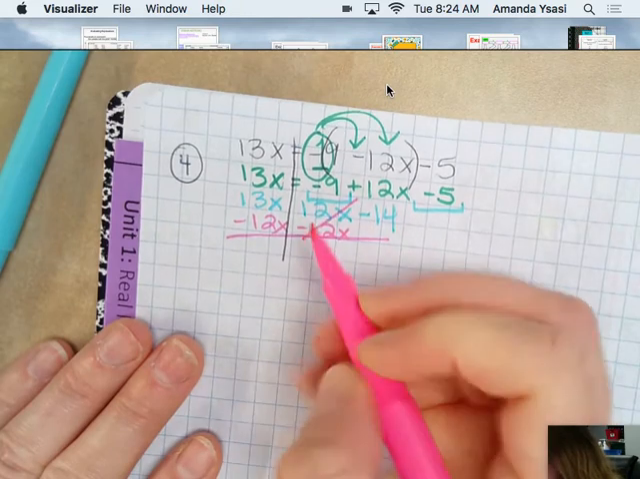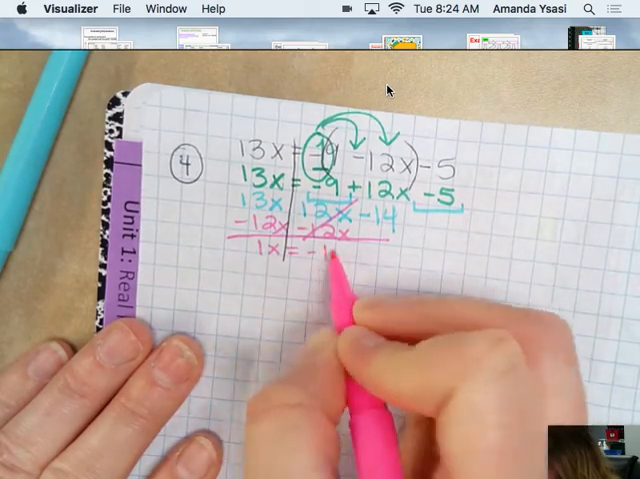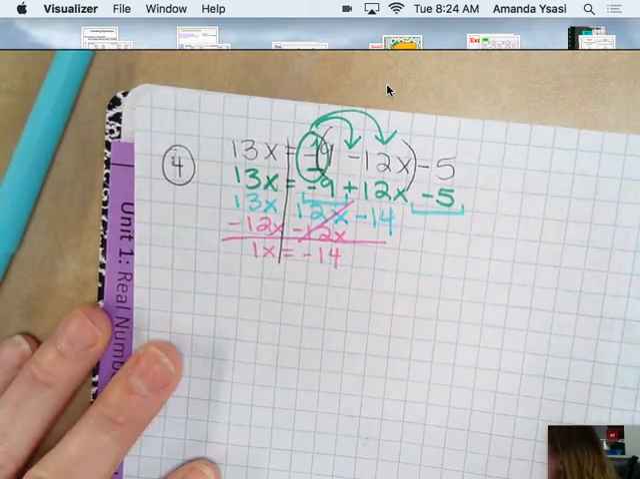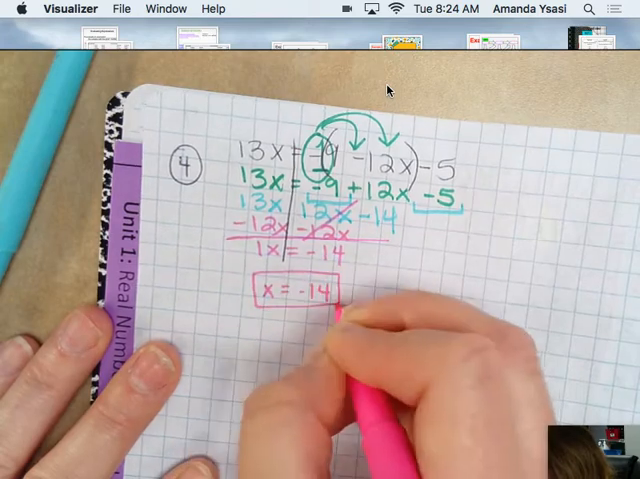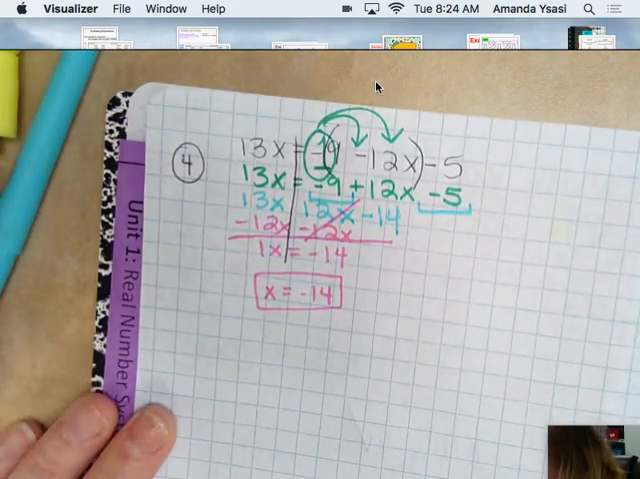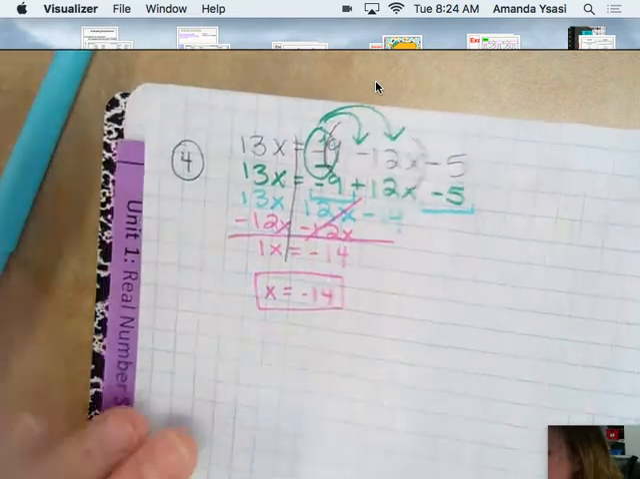12x minus 12x is 0. 13x minus 12x is 1x equals -14. Or just x equals -14. But we still need to check it. So every time you see an x,